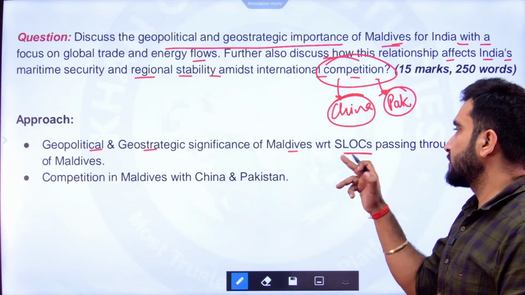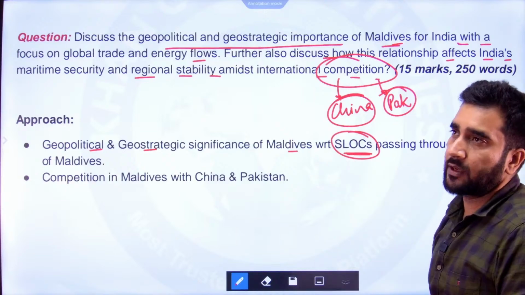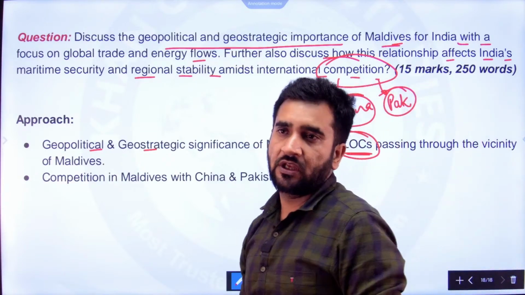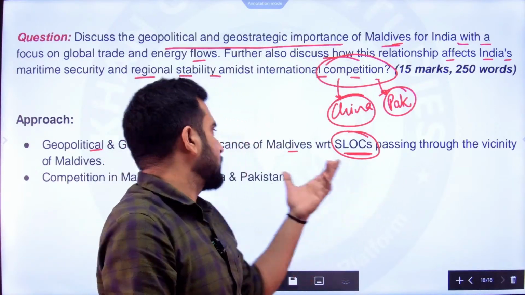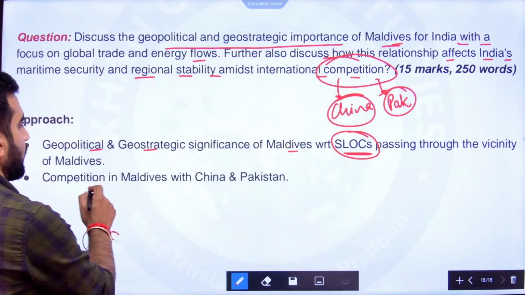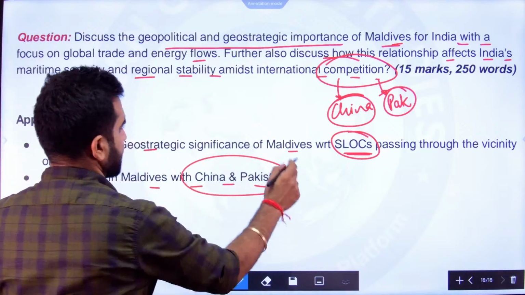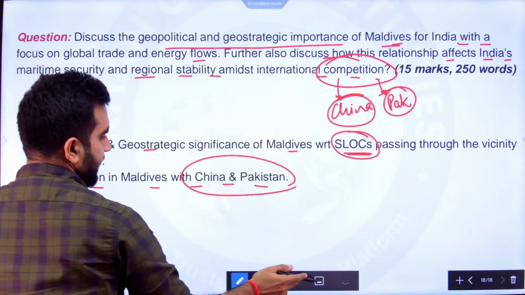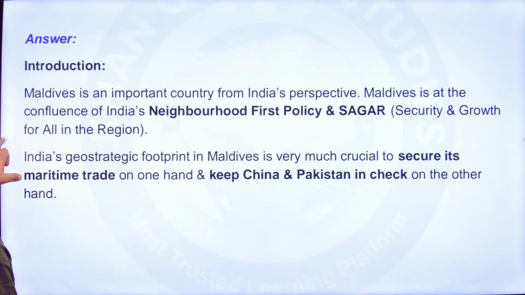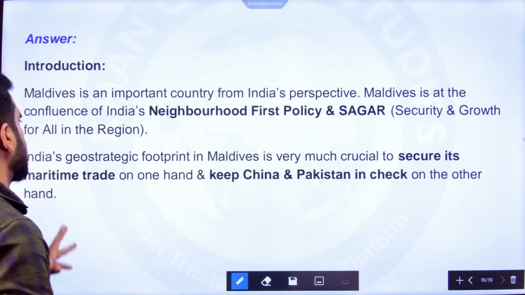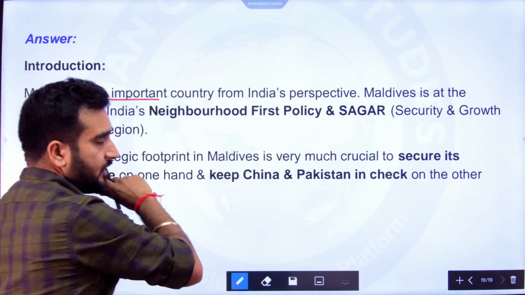तो इस क्वेश्चन को आंसर करने का अप्रोच: जियोपॉलिटिकल एंड जियोस्ट्रेटेजिक सिग्निफिकेंस ऑफ मॉलडीव्स विद रिस्पेक्ट टू एसएलओसीज। एसएलओसीज का मतलब होता है सी लाइन ऑफ कम्युनिकेशंस, इमेजिनरी हाईवेज इन द ओशंस, वो दिखाऊंगा अभी, थ्रू द विसिनिटी ऑफ मॉलडीव्स। कंपटीशन इन मॉलडीव्स विद चाइना एंड पाकिस्तान, इसको नजर में रखते हुए हमें इस क्वेश्चन को आंसर करना है।